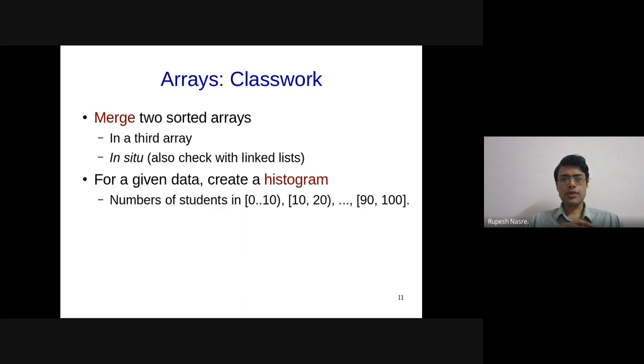Coming back to Aniruddha's question, can we use a dictionary? A dictionary is a data structure where you could use some sort of hashing technique to store the data. So we are going to study that a little later. But in this case also, the idea is going to be very similar to what we use in hashing.